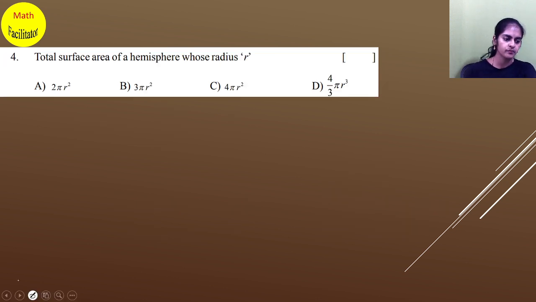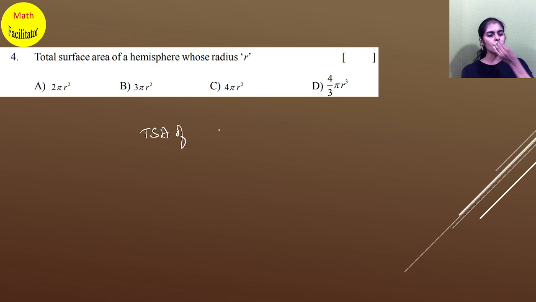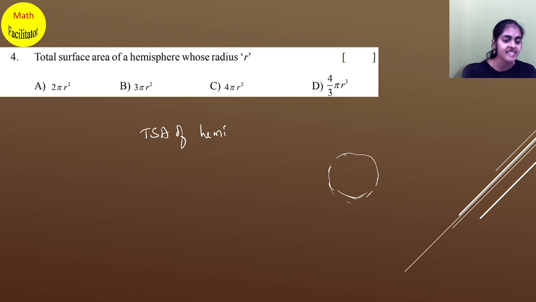Now next one, the total surface area of a hemisphere. What is TSA of hemisphere? TSA of hemisphere or CSA of hemisphere? I told you for hemisphere, you don't have 2 surface areas. You have only 1 surface area. So total surface area of hemisphere is nothing but, one second, it is hemisphere, I'm so sorry, I drew a sphere here. I'm so sorry. So for hemisphere,